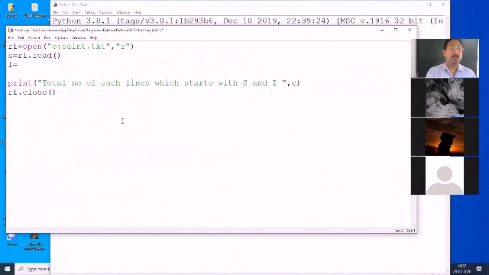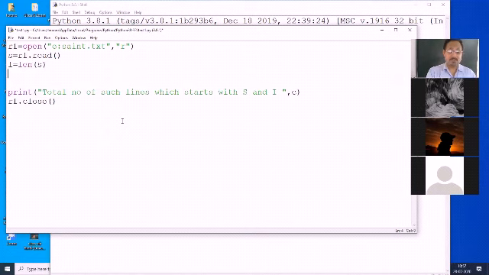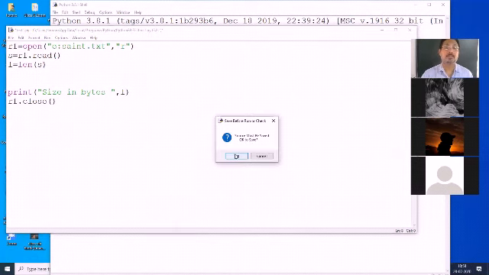L equals to len S, and then I will print here size in bytes. Simple. L, C, whatever you want to do. That's it. Okay. So when you will run, you find out the result.